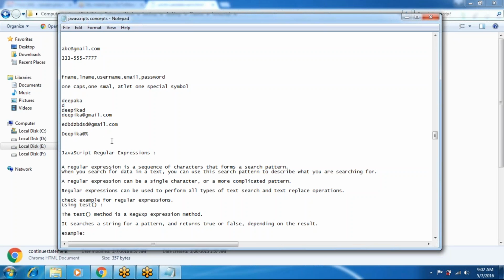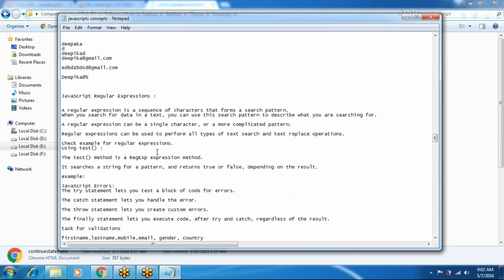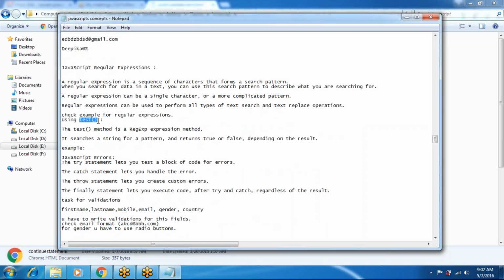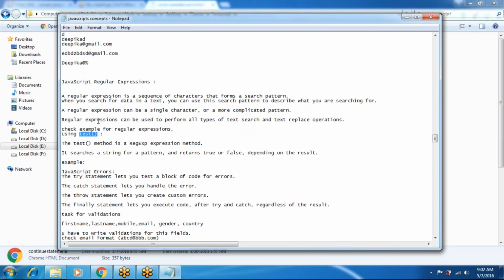These are all form validations. The form validation will check your input data, whether the email is in the correct format or not, and whether the password is entered in the correct format or not. So these formats are provided by the particular application. Here the test method is there to check your expression against your input text box value. The test method is a regular expression method.